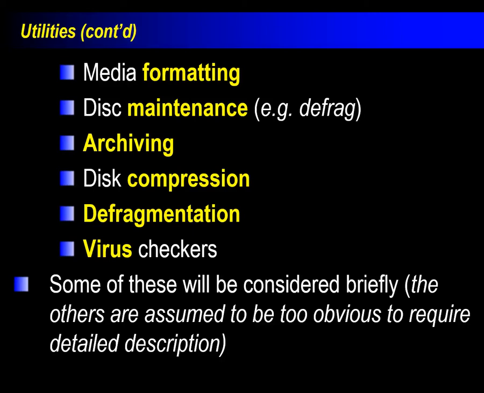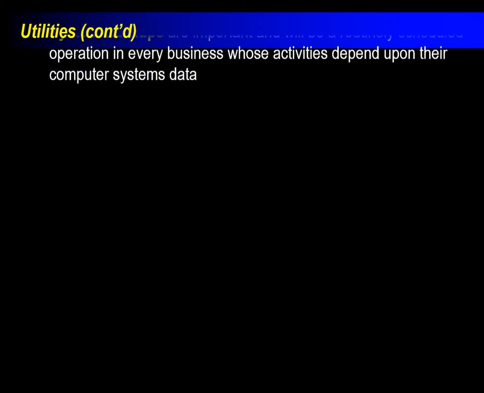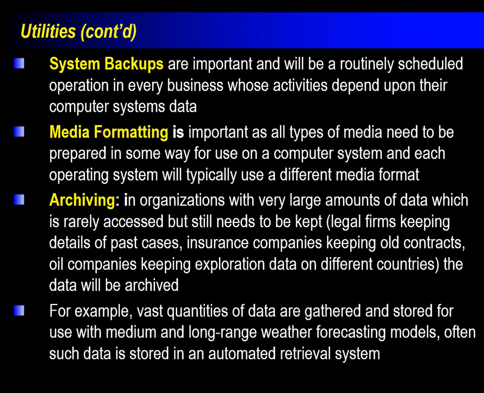Windows and Mac isn't necessarily the best at these utilities. So it may be that you buy software that performs a better job at virus protection or a better job at backing up data. Absolutely. But the operating system is still providing them to you as a feature. Here's some descriptions of these features. Archiving is not something we do personally, but would be a big deal in organizations. If you work for an accounting firm or a legal firm, they need to keep all that data, so they need a good system of archiving it to backup drives, so that just in case there's a fire, they have some copy of their data other than the one in that building.